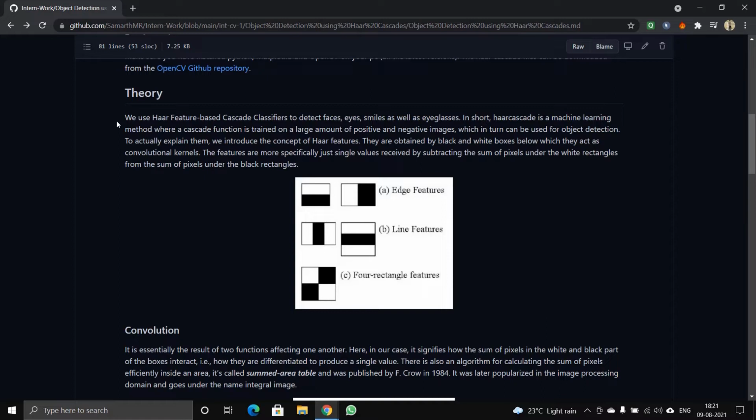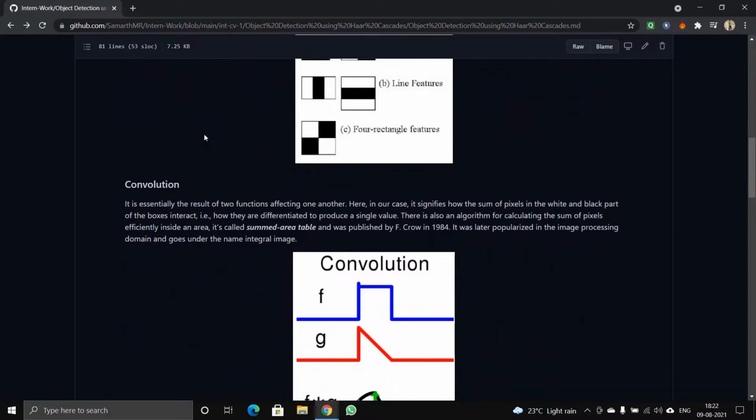So basically here there are three types of Haar features. There are edge features, which are horizontal and vertical. You can see the black and white rectangles represented in horizontal and vertical. The second one is line features. This will be both vertical as well as horizontal. If there are two white rectangles at both ends, then in the middle there will be a black rectangle separating the two white rectangles as a line. So it is called line features. And the third one is four rectangle features. Here you can see there are two whites and two blacks adjacent to each other.